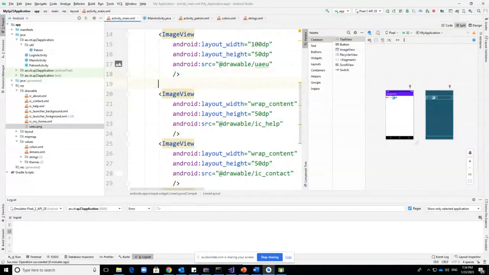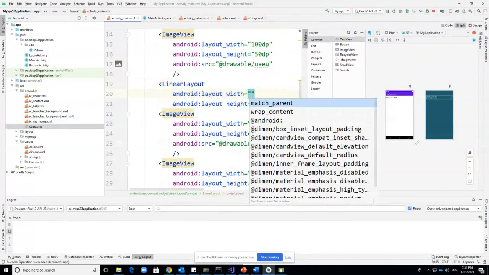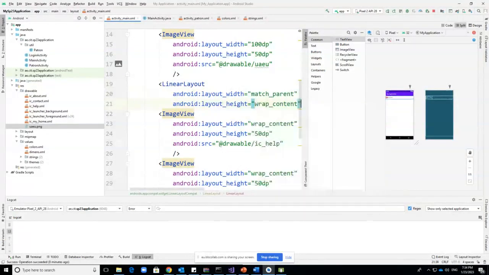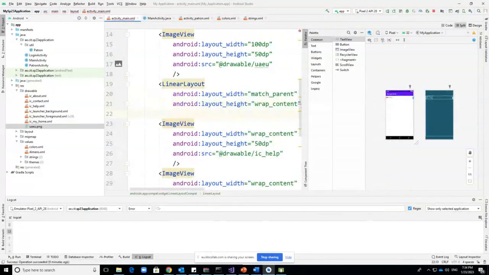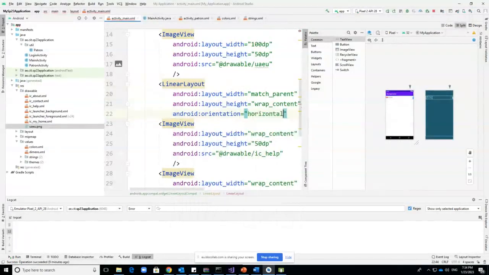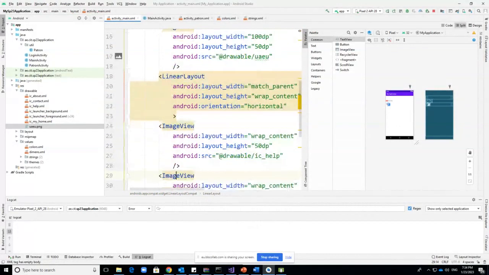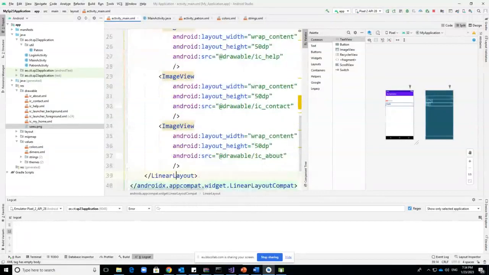So I do want to deal with each icon differently, the 3 icons in the right. I want to deal with them as one item. So I can create a linear layout, which is matching the parent, which is wrap content, and also I want them to be oriented horizontally, okay? And I can also bring the three icons inside this linear layout,